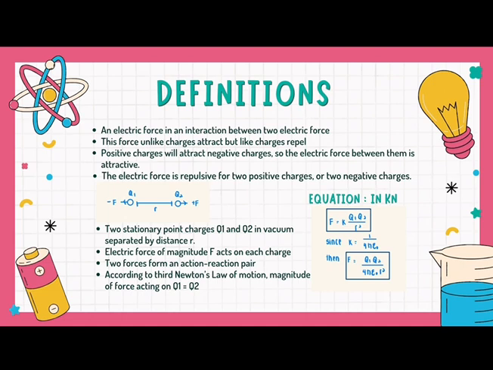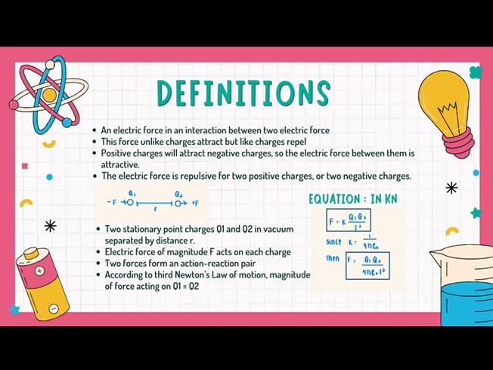So here I attach the diagram of electric force. Two stationary point charges Q1 and Q2 in a vacuum are separated by distance r. Electric force of magnitude F acts on each charge. So the two forces form an action-reaction pair. According to Newton's third law of motion, the magnitude of the force acting on Q1 is going to be equal to